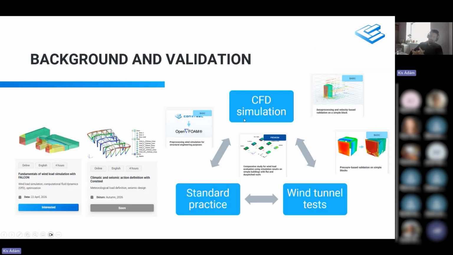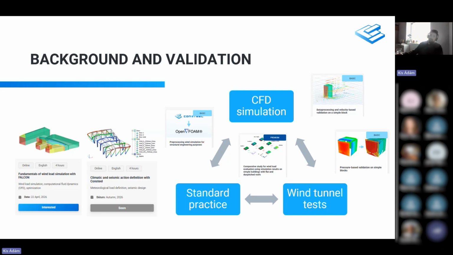About the background and the validation, just a few thoughts. I really believe that today, as I said, it will be a bit more pragmatic and we don't have the chance to enter too much into the details. But I really believe that we offered a lot of tools and materials in our websites, in knowledge-based materials, from multiple approaches. Because if I had to summarize what's the real deal and the real complexity of validating and using this kind of tool, it is that we have this triangle of approaches,